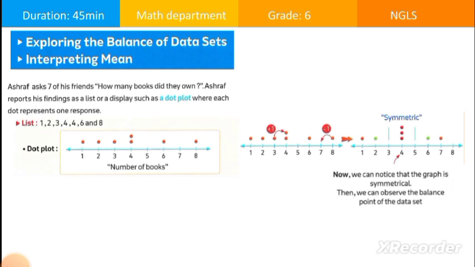Then the symmetric point is 4. Then we can know that the balance is 4. Another example,